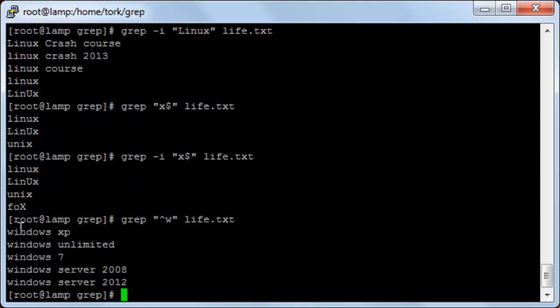Here it displayed for me all of the lines that start with the letter W,